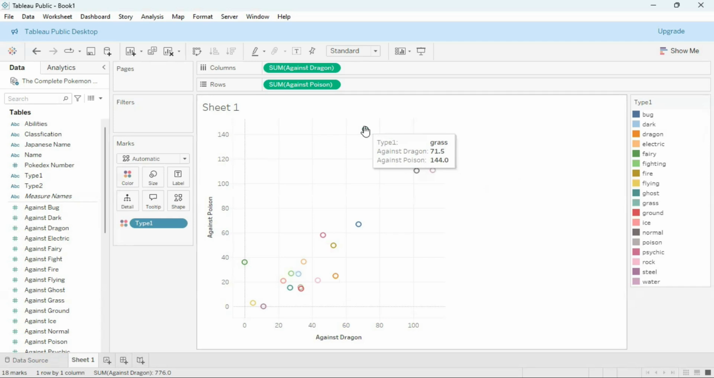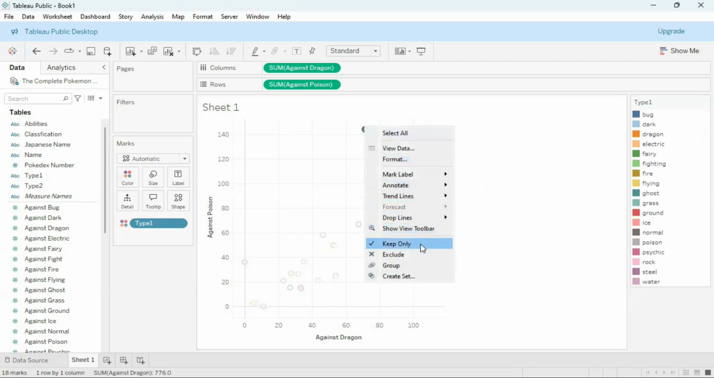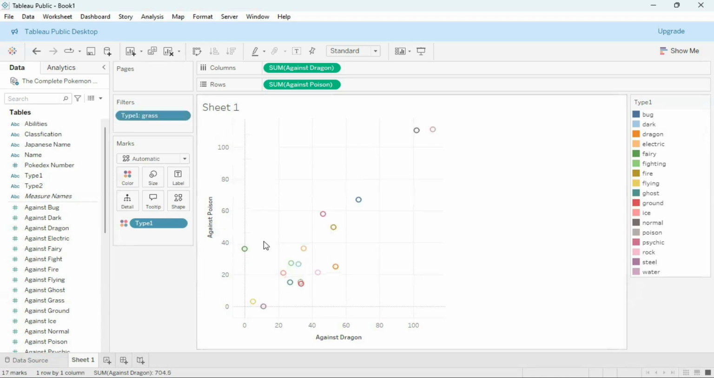If I wanted to exclude this data point, I can right click on it, go to the option from the bottom up, the third option. Here it's called exclude. I'm going to click on exclude, and it's going to exclude and remove that data point from my scatter plot here. And so there you have it. This is how we can exclude a data point for a scatter plot data visualization that we create in Tableau